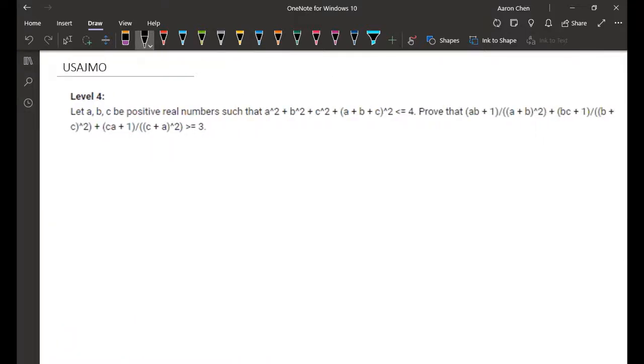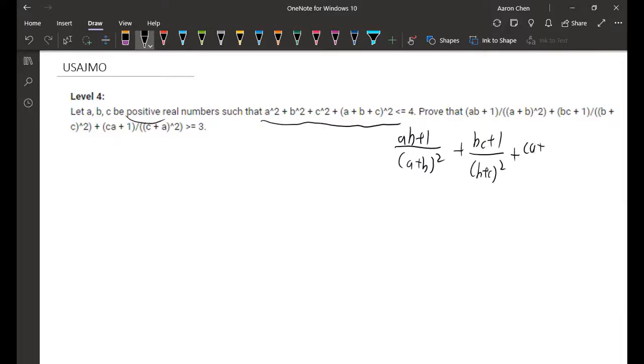So let a, b, and c be positive real numbers such that a squared plus b squared plus c squared plus (a plus b plus c) squared is at most 4. So prove that ab plus 1 over (a plus b) squared, plus bc plus 1 over (b plus c) squared, plus ca plus 1 over (c plus a) squared is at most